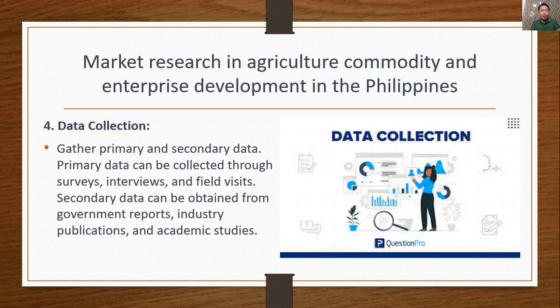Then, data collection. Gather primary and secondary data. Primary data can be collected through surveys, interviews, and field visits. The secondary data can be obtained from government reports, industry publications, and academic studies,